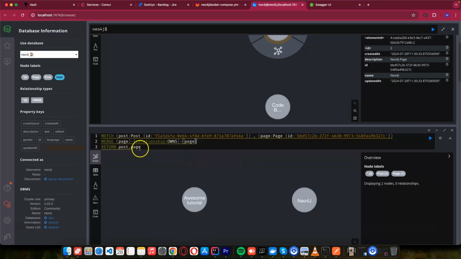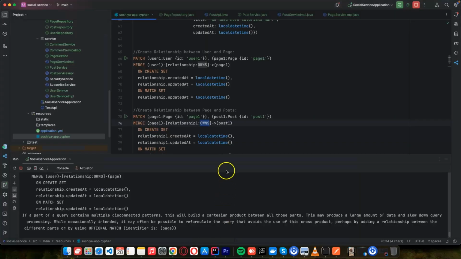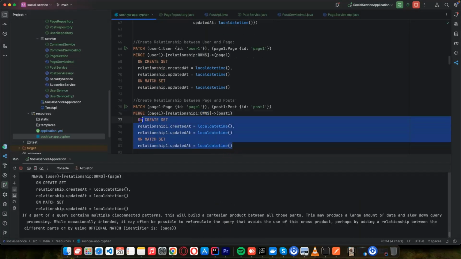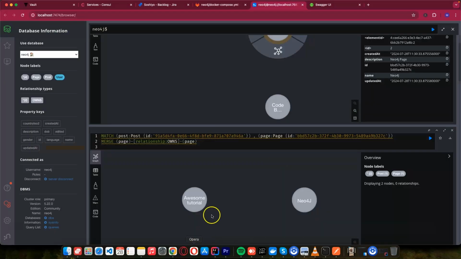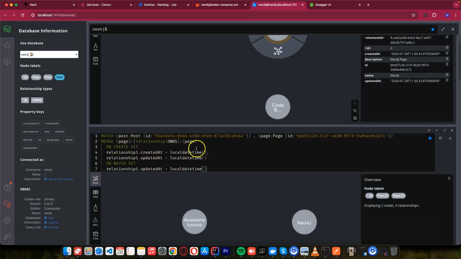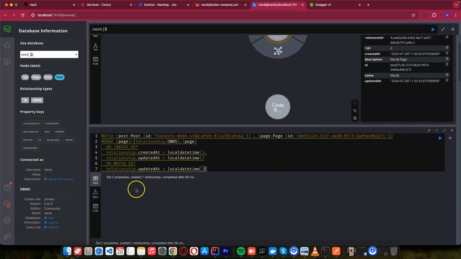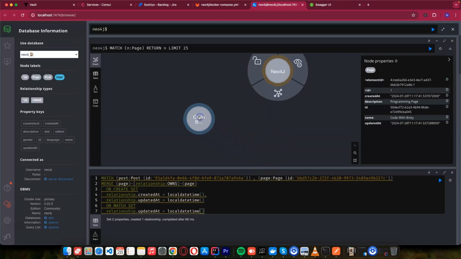I think they are using artificial intelligence to help us here. So I can remove this, and as usual, if it's create, let's update this so that if the relationship exists, it won't create another relationship again. You just update the properties, which is the updated date. So if I do this and run this, you can see if I come back here,